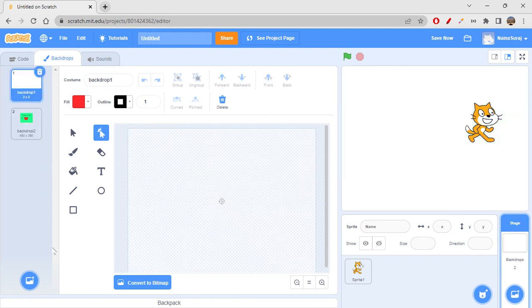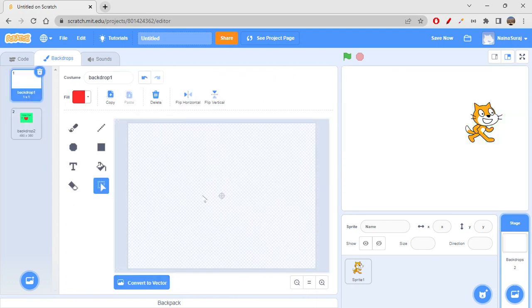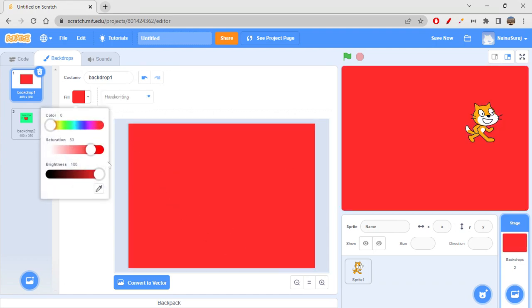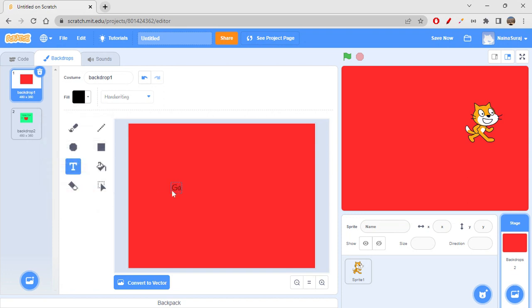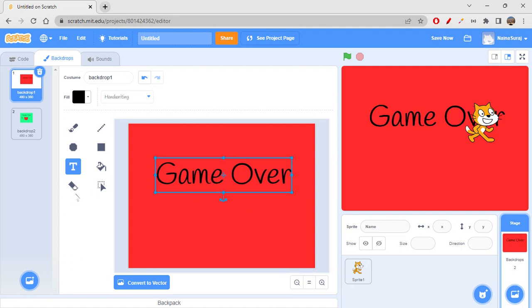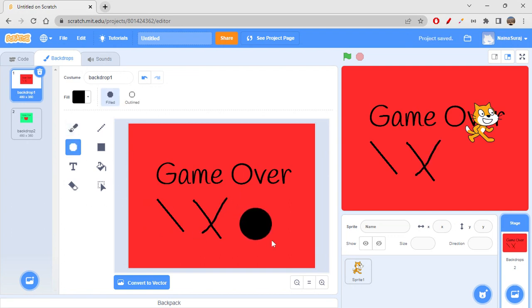Now when I click over here, click bitmap, using the fill tool, I am just doing this, right? Here also you have text, so you can absolutely type something and write game over. And then if you want to increase the size, you can definitely increase the size, right? And then you have the same line tool over here. See, it is pixelized. Here it is pixelized. Brush tool, then circle tool. If you draw a circle, see, it is a pixelized one which is being drawn here, right?